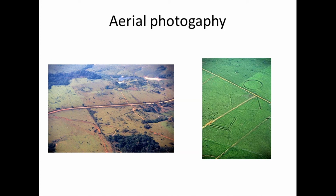These represent former buildings, towns, villages, squares, places where they would play the so-called ball game, pyramids. Again, a whole complex of villages and towns connected by roads. And there's been large, sophisticated, dispersed communities all the way through